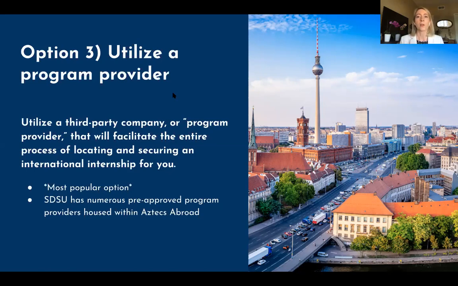And that's a unique feature of a program provider, is they really will do the work for you. And oftentimes they have a guaranteed placement in your internship topic of choice. They're going to work with you individually to place you in the right type of internship. If you want to do a sustainability internship or a healthcare internship, they'll really work with you to find a good option for you based on your previous skill sets and interest.